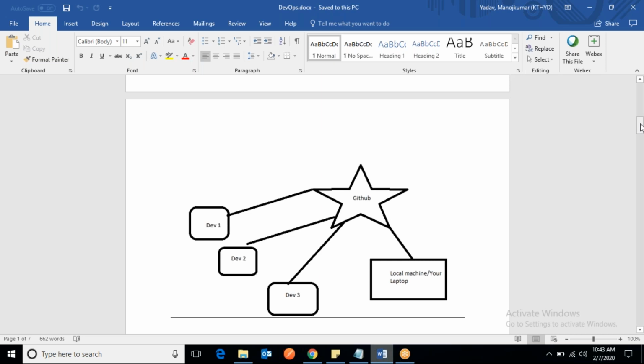So it is clear: after the local branch work is done, you push the local branch code to the central repository, that is GitHub. After pushing, then you do a pull request. Once you push the changes, your new branch will get created in GitHub.